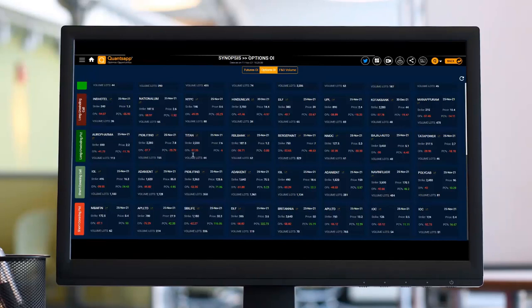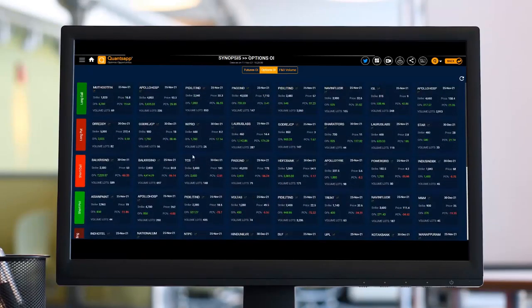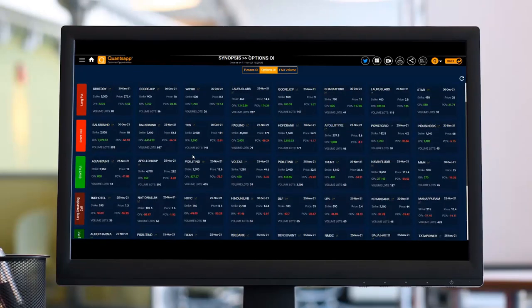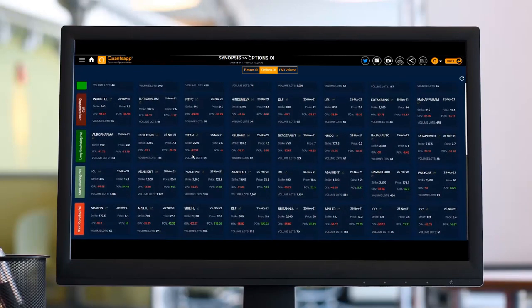That, okay, the put writers are getting worried, the support is getting weaker and weaker over there. So am I going to go ahead and buy a put option directly from here? No. Am I going to go ahead and buy a put option directly at Dr. Reddy 5000 put? No. But it serves the purpose for us that I know Dr. Reddy, Balakrishna, TCS, then DLF are in a negative momentum. A lot of instruments basically. I can create a watch list, let's say of 5-6 instruments which I like a lot, or it depends upon trader to trader. We can create a watch list and move to the next step.